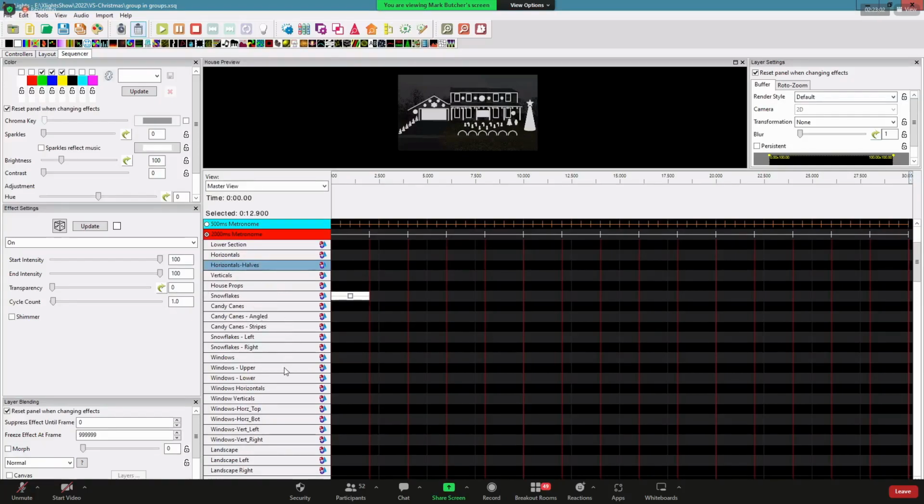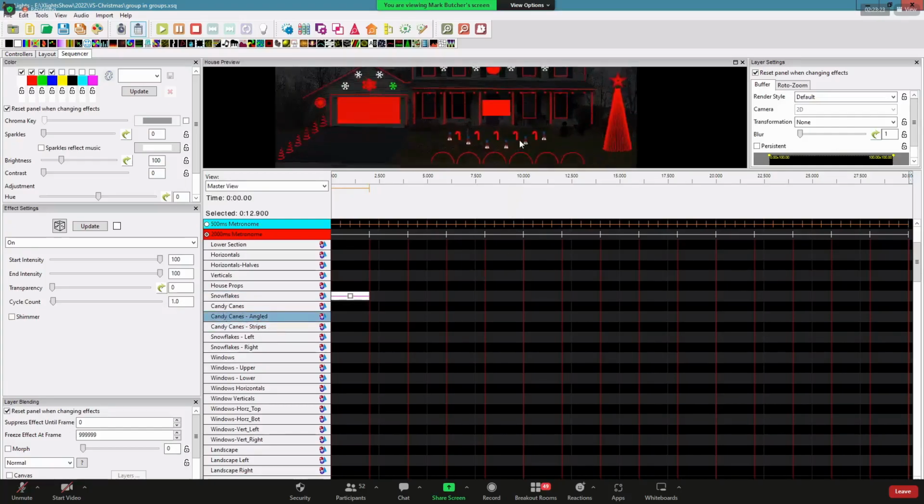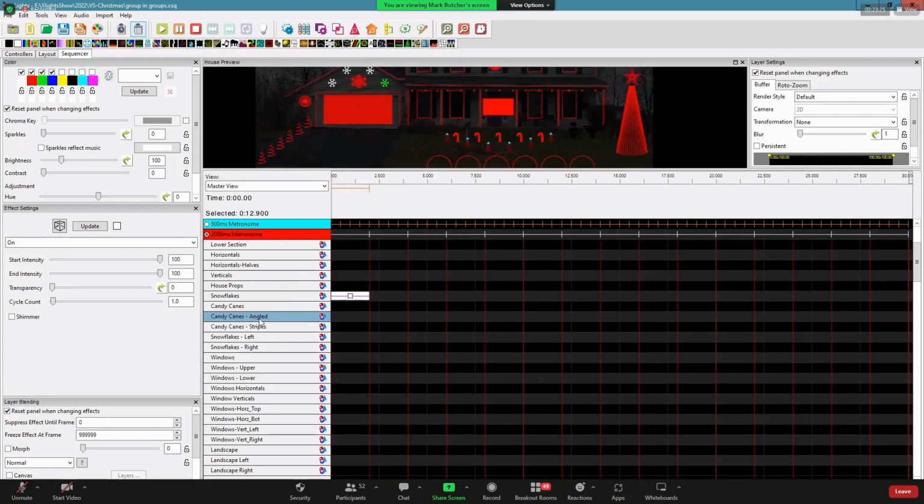That's a good point there. You have your candy canes at the top, but if you decide that you want to do an angled effect, it will override any effect you have on the candy canes. And the angled and stripes, well, it's a toss-up as to which one you put first. It doesn't matter, but you as a sequencer would probably not be putting it on both. Yes, stripes and angled. Absolutely. And these are Jackie's candy canes. He's got some excellent submodels and had all the groups, so it saved me a lot of work.